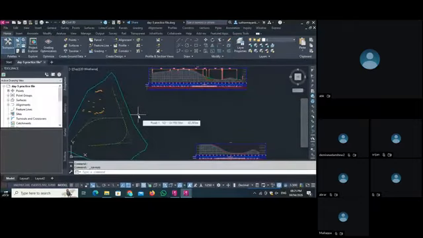So first, we use this subassembly like small parts, and we combine all these parts. It is called an assembly. So when it is all together, we call it an assembly, and when it is a single part, we call it a subassembly. Let's start it here. You can see,